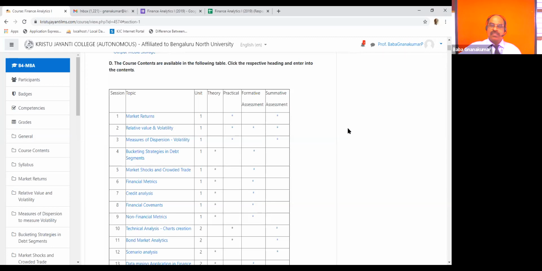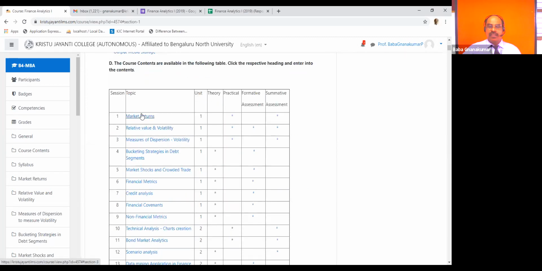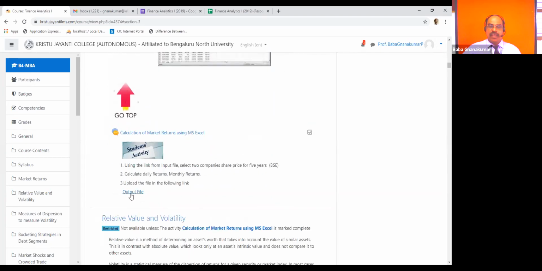My suggestion: once you complete that exercise, immediately upload by clicking the output file. Either the output media storage is there, or in the students activity, the output file is mentioned. Either here or there, you can do that.